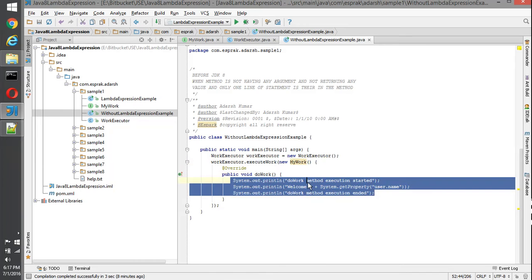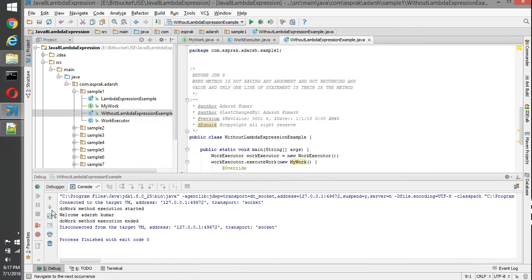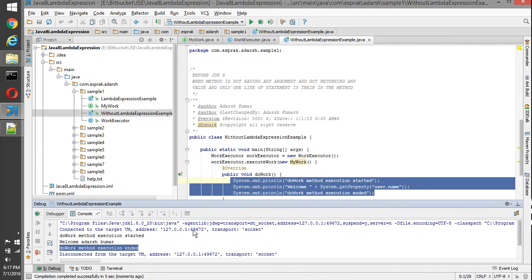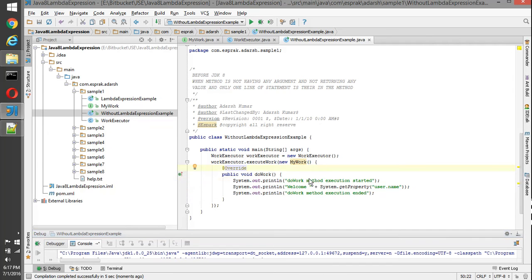Once I execute this, you can see the doWork method execution start, it prints a welcome message, and then execution ends. This is the story when we don't have lambda expressions.